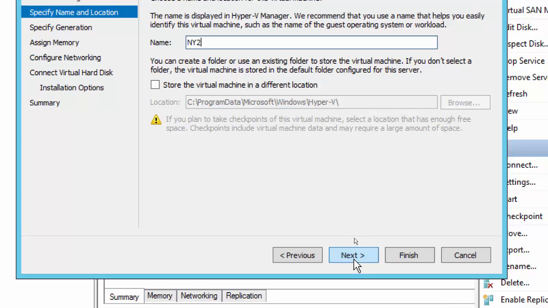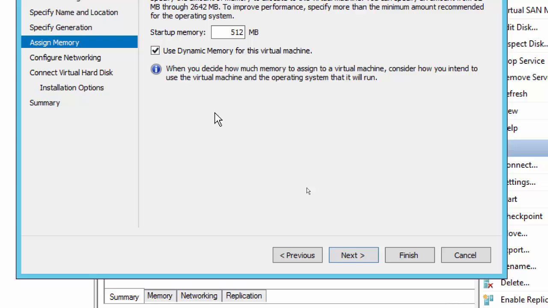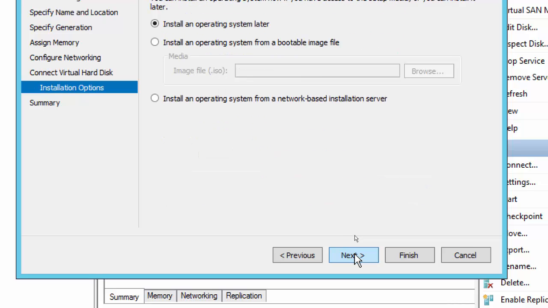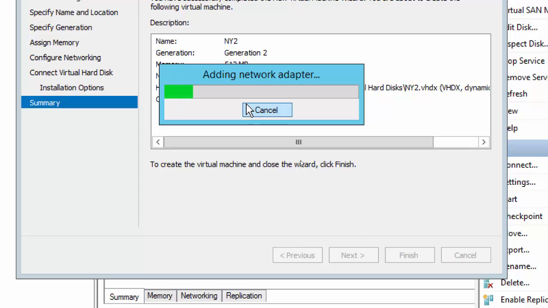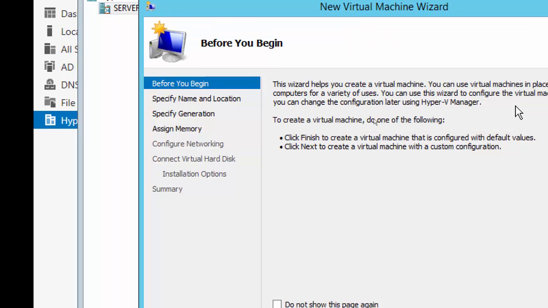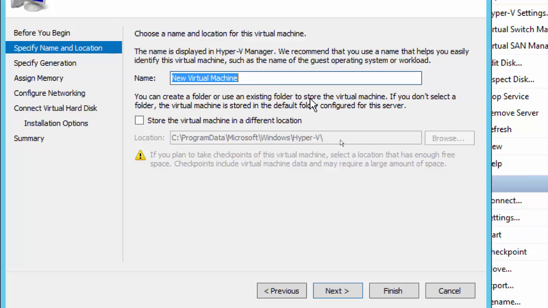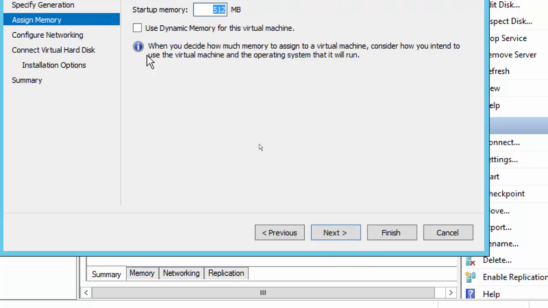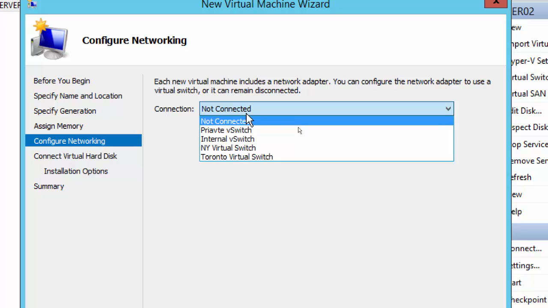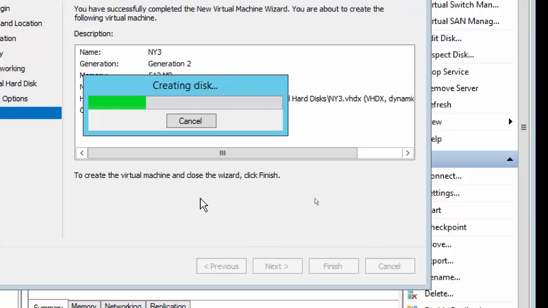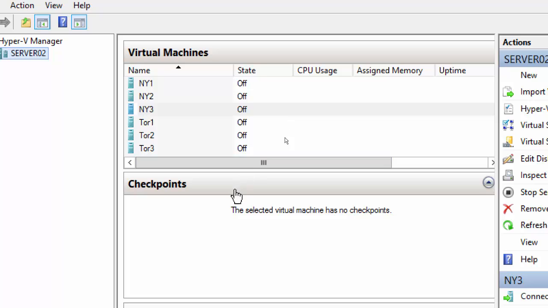NY2, generation 2, use dynamic, New York virtual switch, next, yes, create that hard disk named as the machine name, next, finish. And the last one, next, and NY3, next, generation 2, dynamic, connected to New York, next, finish. So we have 3 machines connected to Toronto, 3 machines connected to New York, and we have connected through